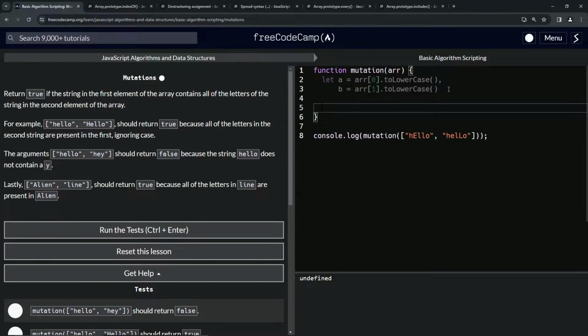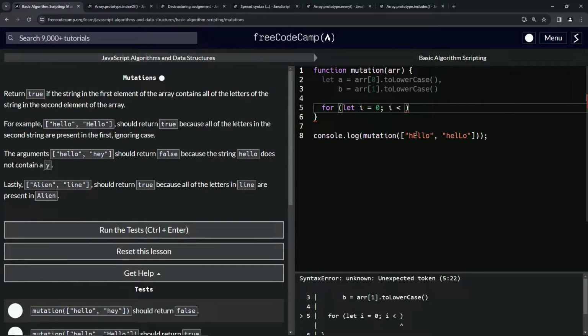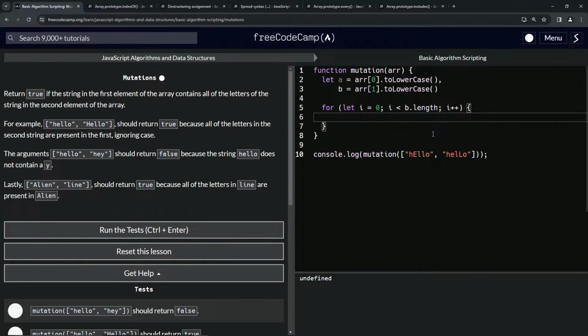And we're going to say for let i equal 0, while i is less than, and since we're comparing these letters to this whole thing, we'll say while i is less than b.length, i++. All right. Now that we've got that going on, what we're going to do is we'll do the indexOf method. We'll say if